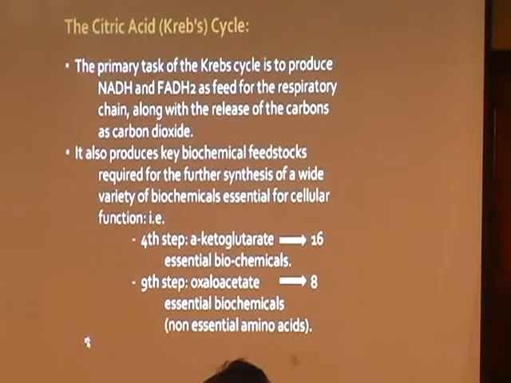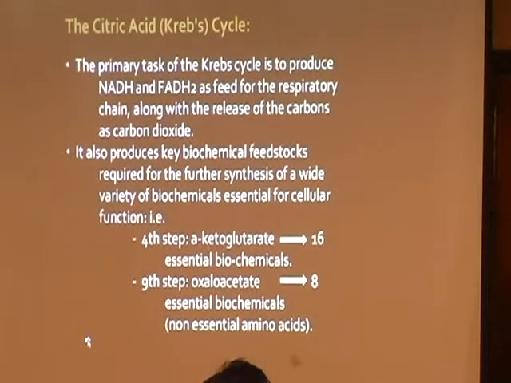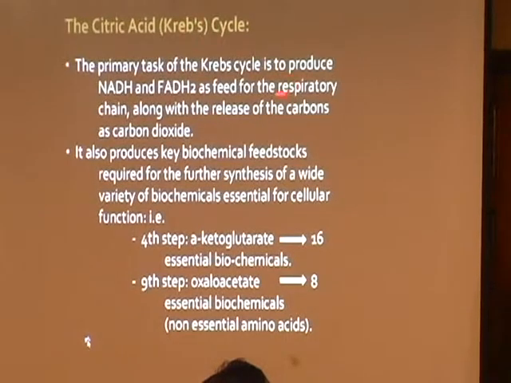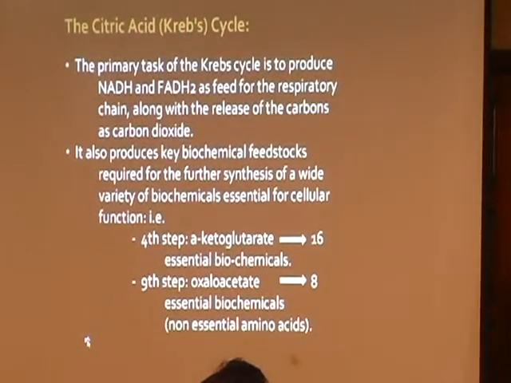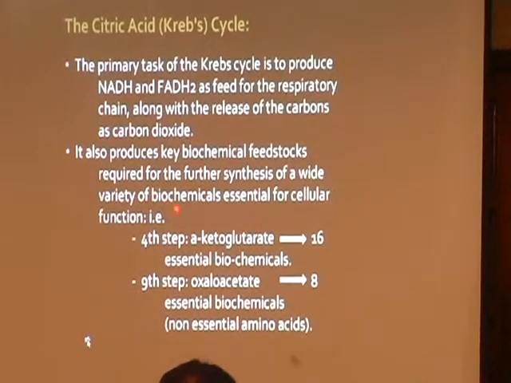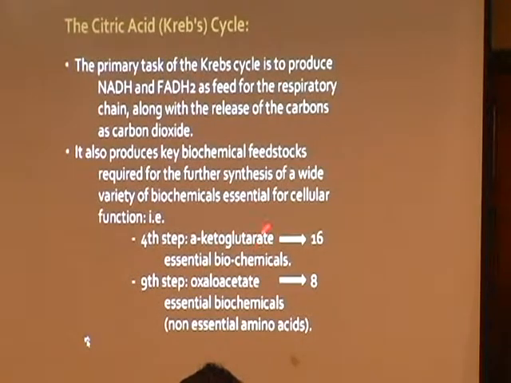The primary task of the Krebs cycle is to produce reduced NAD and reduced FAD as feed for the respiratory chain, along with the release of the carbons as carbon dioxide. It also produces key biochemical feedstocks required for further synthesis of a wide variety of biochemicals essential for cellular formation and function. In the fourth step, alpha-ketoglutarate, 16 essential biochemicals are produced, and in the ninth step, 8 essential biochemicals or